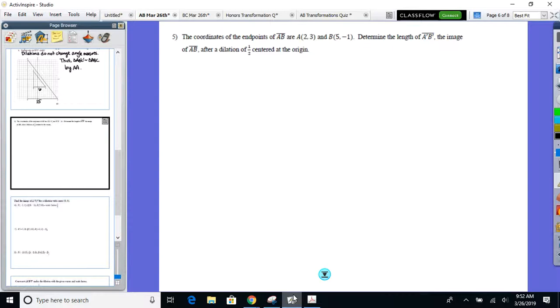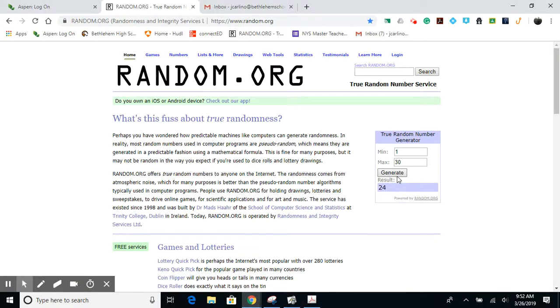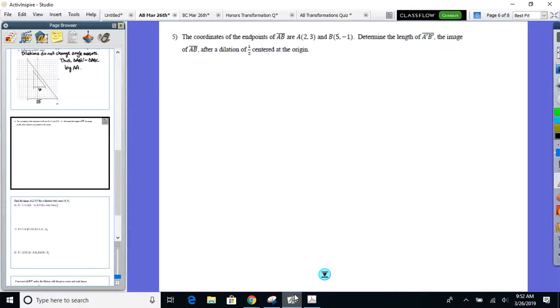All right, you may be finishing up. I just want to hear how you're going about it because there's two different ways we could go about this. 24, how are you guys going about it? So you did the distance first and then did what? Cut it in half, right? Okay. Anybody apply the 1/2 to the coordinates first, then use the distance formula? Perfect. Okay, either way, you find the distance and cut it in half, or multiply the coordinates by 1/2 and then find the distance. Either way, it'll end up